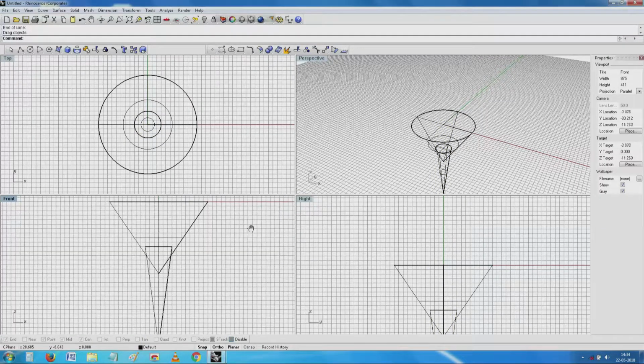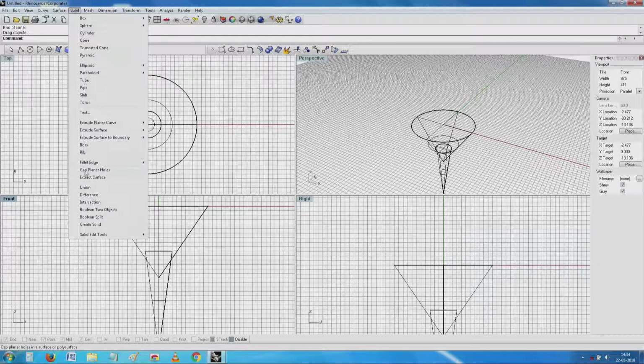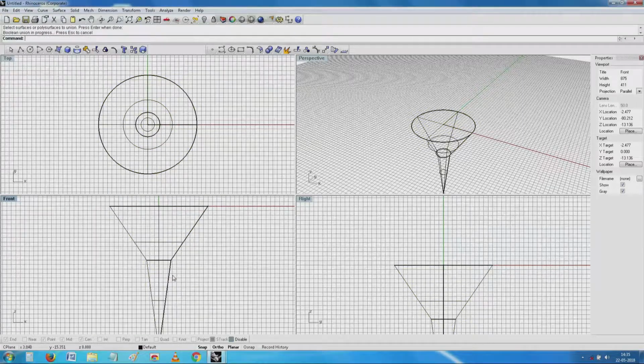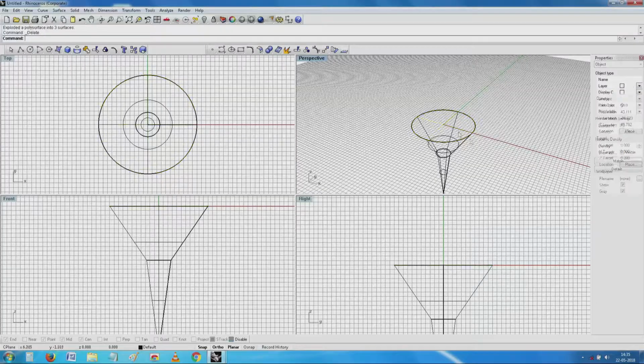I am sure you now have an idea of what this device could be. It is nothing, it is just an intersection of two cones, and I have made an object. Then, just for good effect, what I will do is explode it, remove one of the end caps.